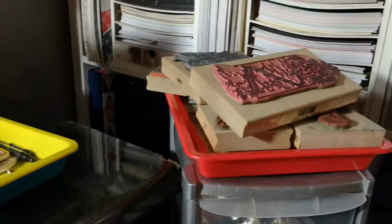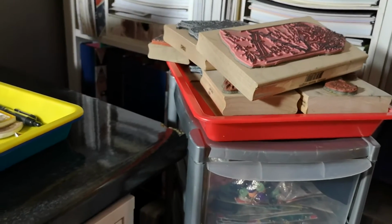Then I've also got next to my desk, at front of the cardboard, 2 little grey chests of drawers from Asda, full of bling and things like that, and a tray on top full of stamps that I'm using at the moment. And next to that we have my wooden trolley. It's got embossing folders on the bottom and dies, same in the middle, word sentiment dies on the top,